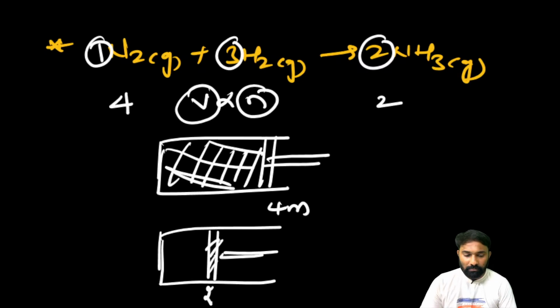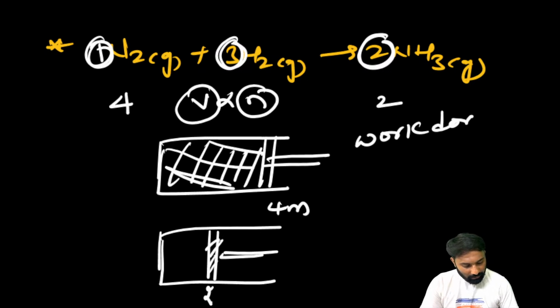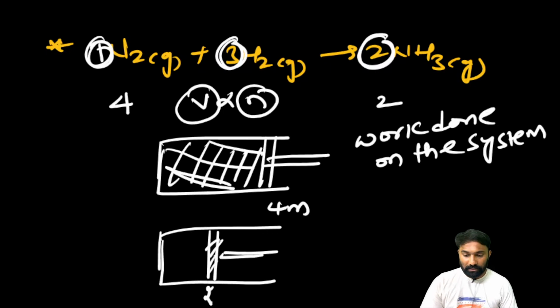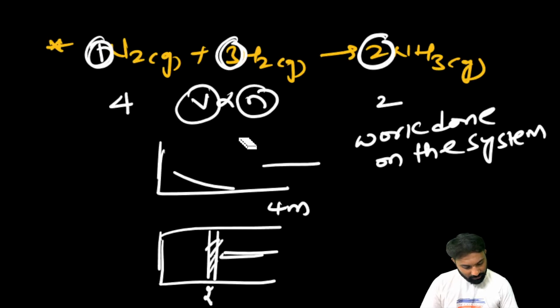Means why would it be work done by the system? It is work done on the system. It is not by the system, it is work done on the system, my dear friends. You have to be very careful. Clear? Here by seeing the number of moles you can say it is not work done by the system, it is work done on the system. Clear? Okay. Now let's suppose, if they have given in this manner,